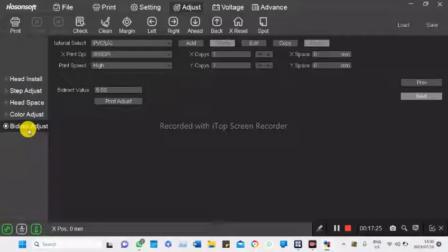If your bidirectional is out, the machine either prints out of focus or rather in terms see like